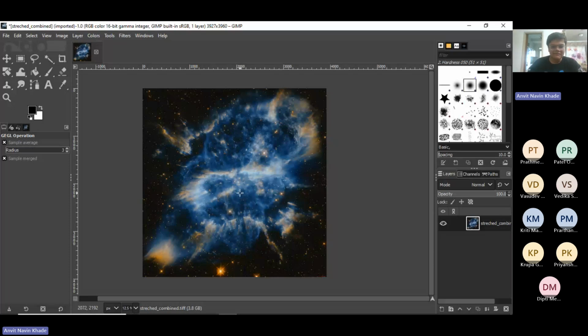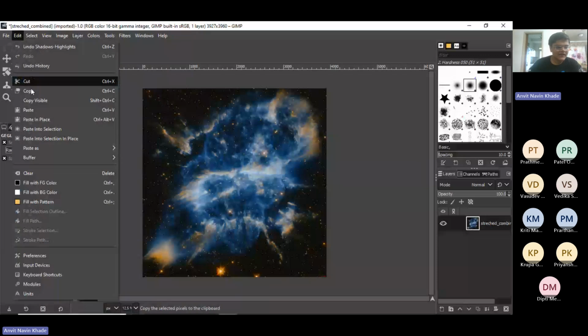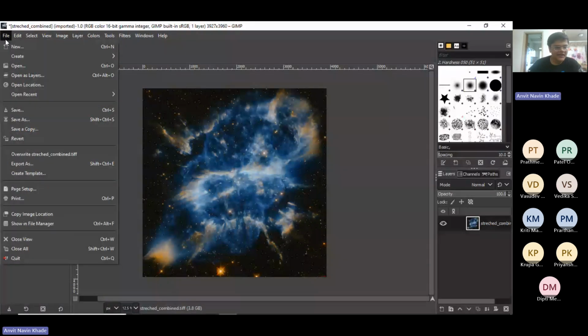So it's an iterative process. Maybe something that isn't looking as appealing today can look appealing tomorrow. Tomorrow your mind can be a bit more refreshed and you can process an image much better. So I like to spend a bit more time processing an image. This was just a simple, basic session. It took about 40 minutes maybe, and this was a rush-through session. So if you really want to process good images, I would say have some patience and process them really well. So we'll go ahead and save this image and export as